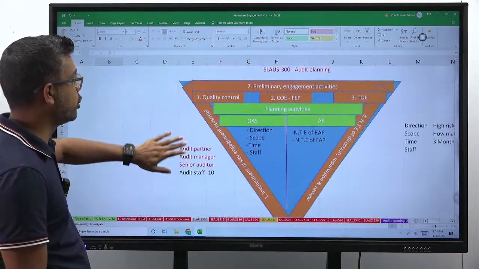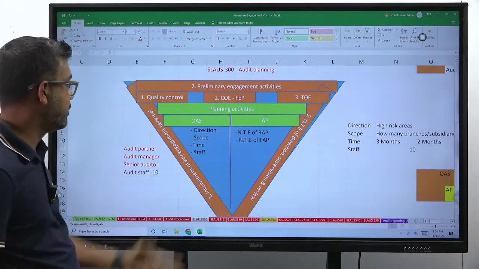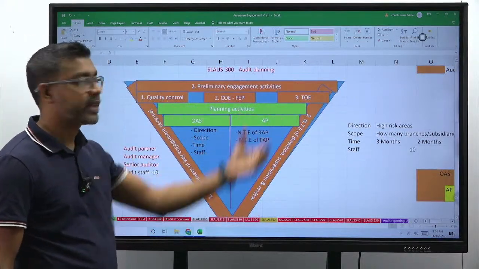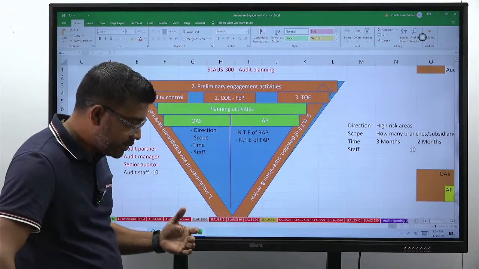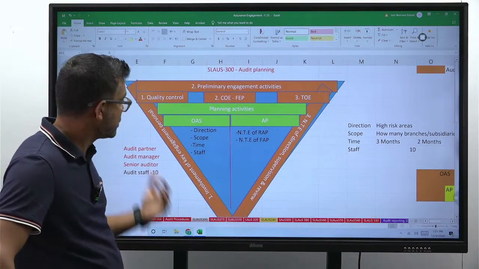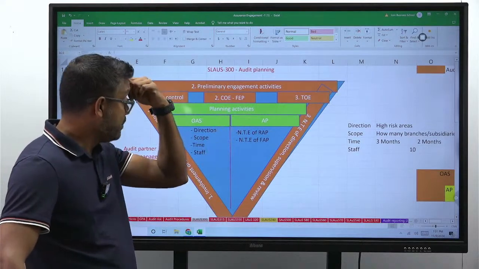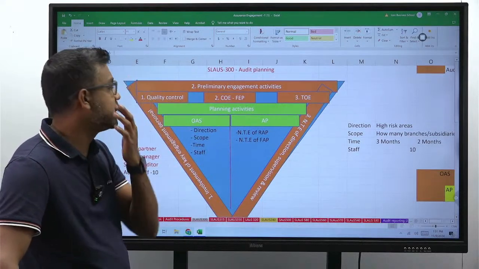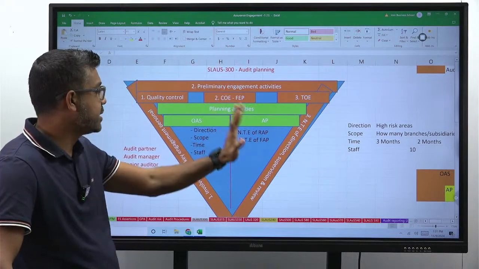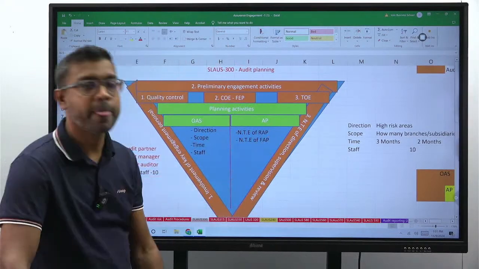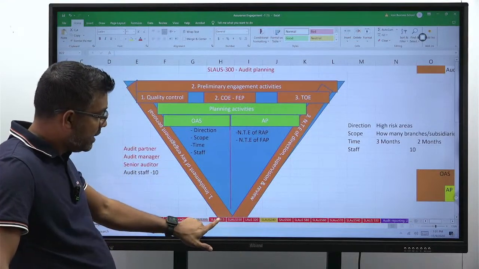So I just wanted to touch on the key or heart of the planning standard, which is the overall audit strategy and audit plan. If someone asks what the overall audit strategy is, it means setting the direction, scope, timing and staff requirement for the audit. The audit plan is a detailed version of the overall audit strategy. There you can see the nature, time and extent of risk assessment procedures and further audit procedures. With that, let me touch on